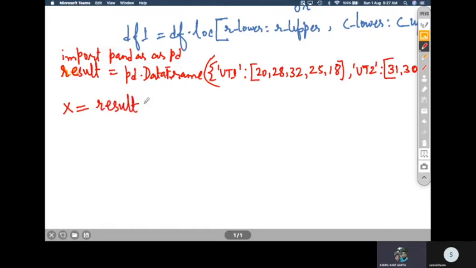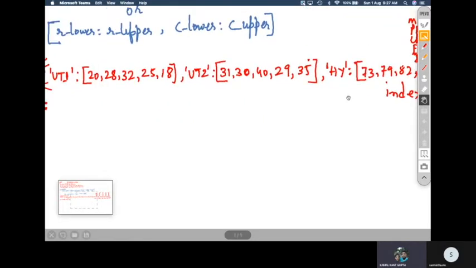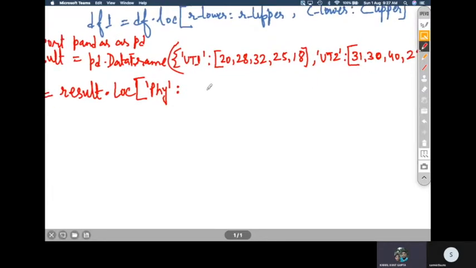So result.loc, the location, and here I am passing in the row index, say for example, physics colon, and then a comma, and simply a colon, UT2. Can you tell me what the output will be?